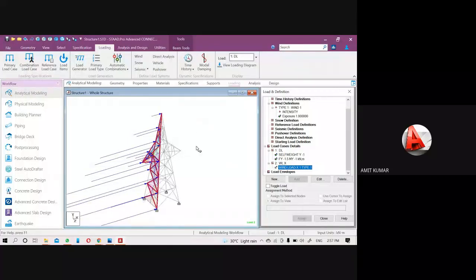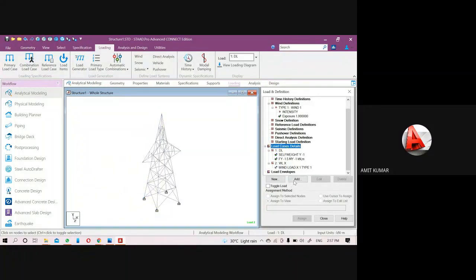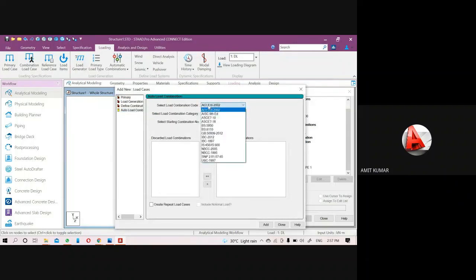Here, same. You can add the wind load from the negative X or Z axis also. Okay. So next thing will be to create your auto load combination according to the steel design code.